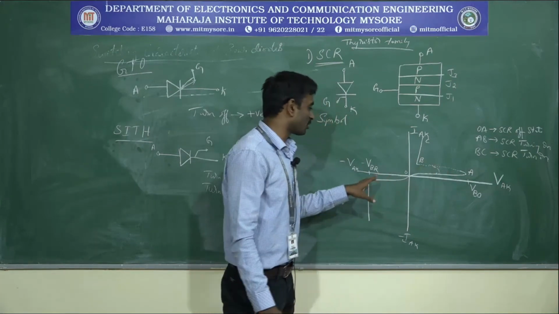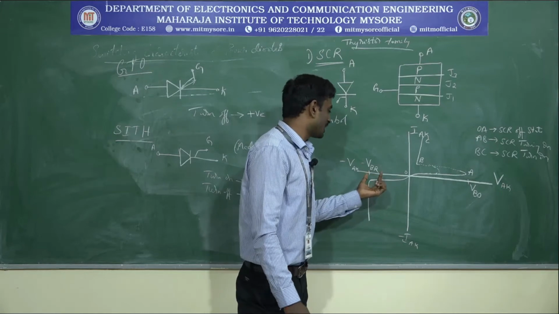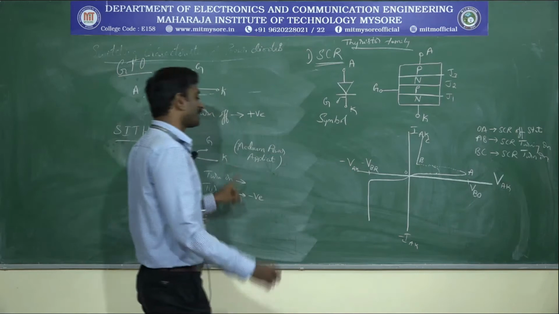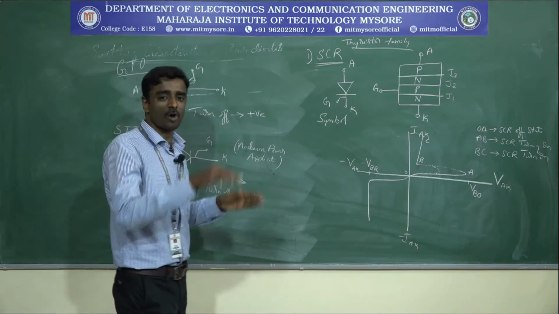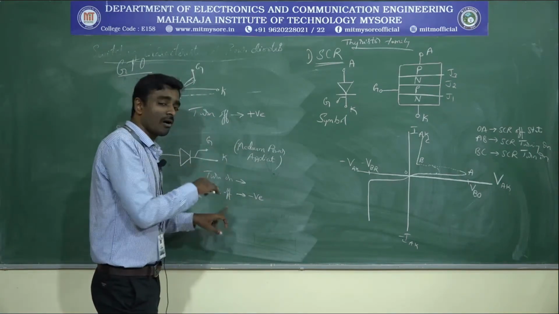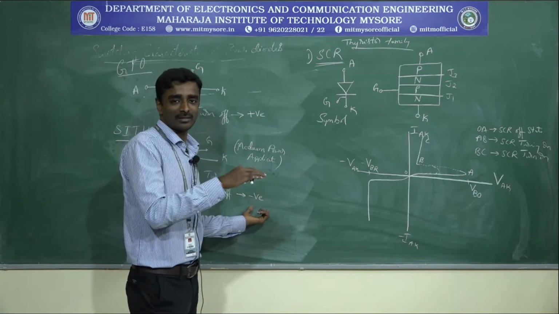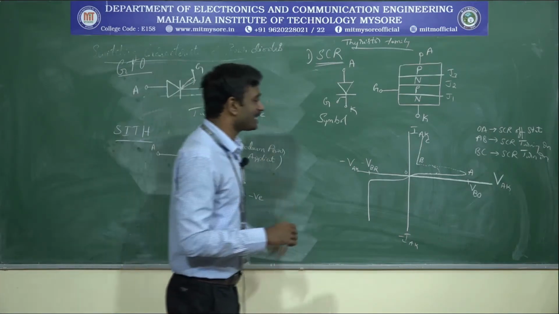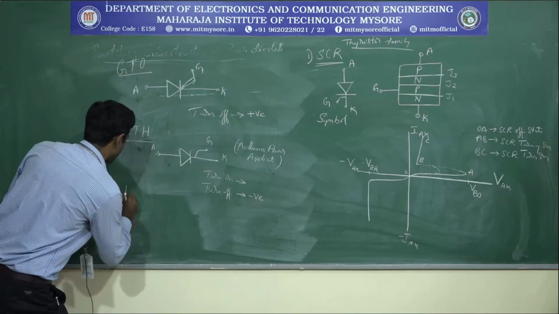In the reverse direction also, it is similar, where it can withstand some values up to the reverse breakover region. But it can be turned off: your GTO is turned off by applying a positive pulse at the gate terminal, whereas your SITH is turned off by applying a negative pulse at the gate terminal. This is the difference between GTO, SITH and SCR. And the fourth one, I will go with MCT.